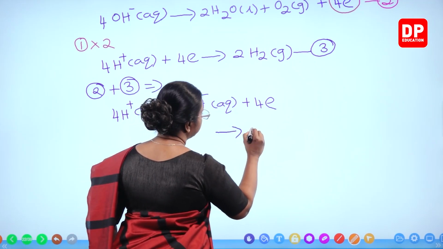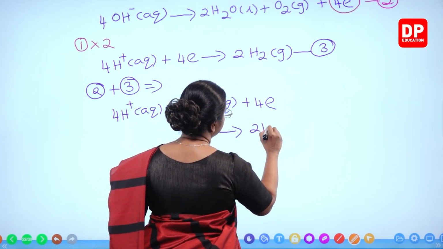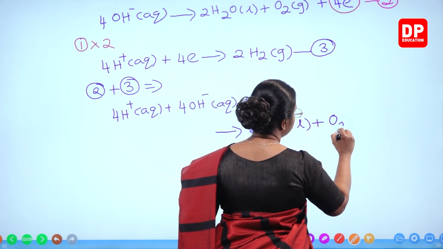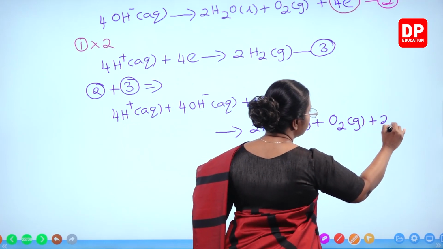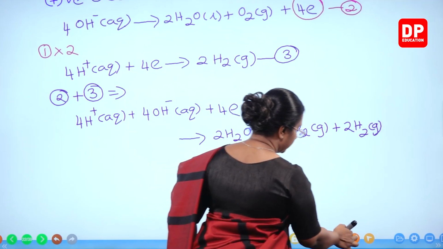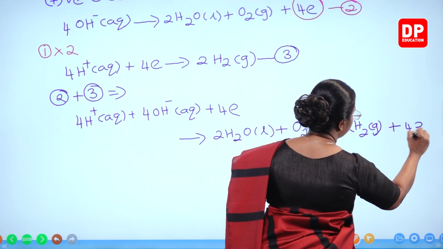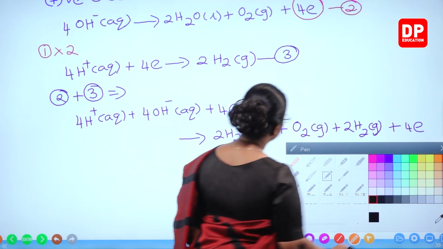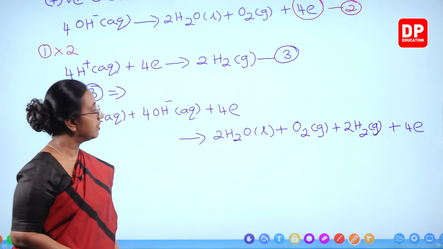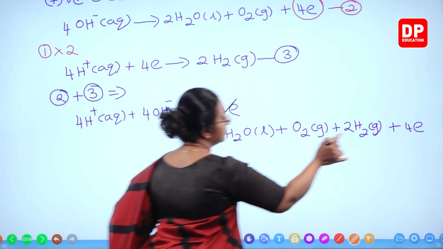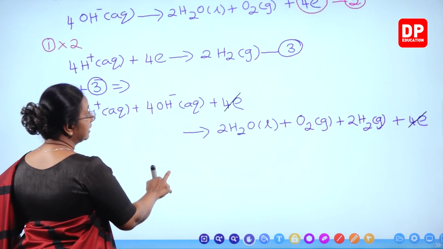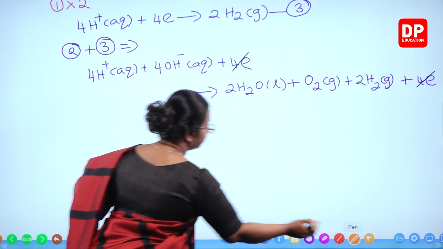That will become 2H2O liquid plus O2 gas plus 2H2 gas, and there will be 4 electrons. So in this, now you can see here we have 4 electrons, there also we have 4 electrons. So the electrons will get cancelled off. So then of course we will get the final equation,